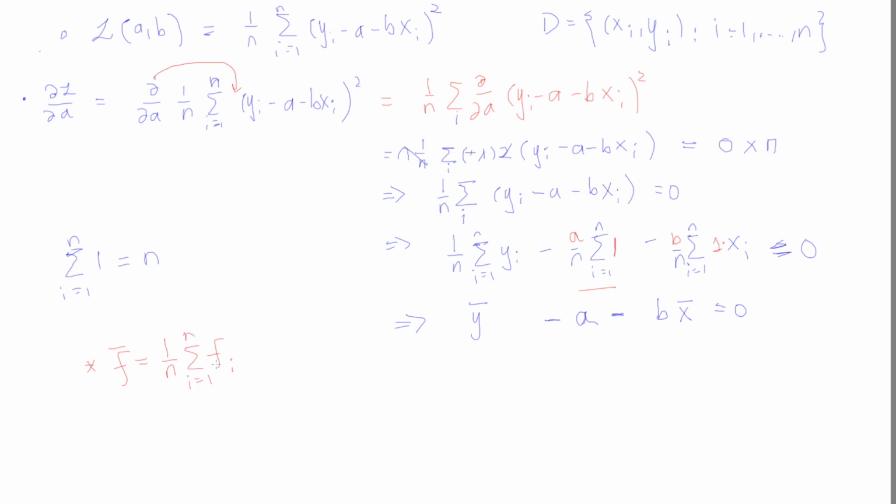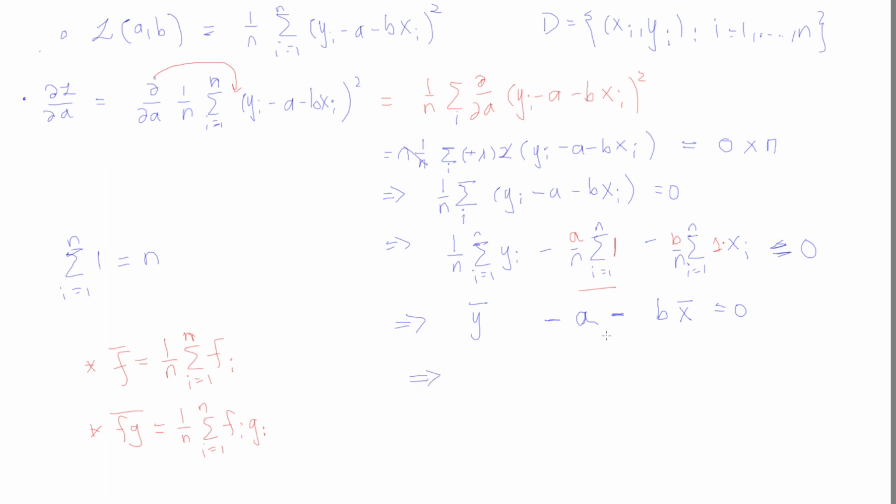Okay, 1 over n times the sum of each fi. What if I see this guy, fg, with a big bar on top? Well, this just means 1 over n, sum from i equals 1 to n, fi gi. So the sum of the products. Okay, so going back to our